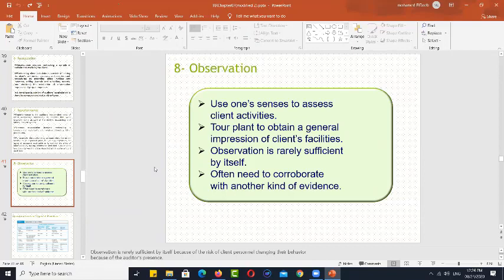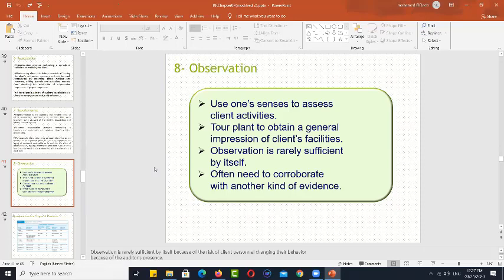For example, I would like to make sure that whoever is going to the university cannot go inside the campus unless he has an ID. So I will stand in front of the gate and see if anyone goes through the gates without his ID. This is an observation. I didn't do anything. I just used my senses, my eyes and my ears, to see what is going on and collect the information that way. Of course, this is the least persuasive, as we said.